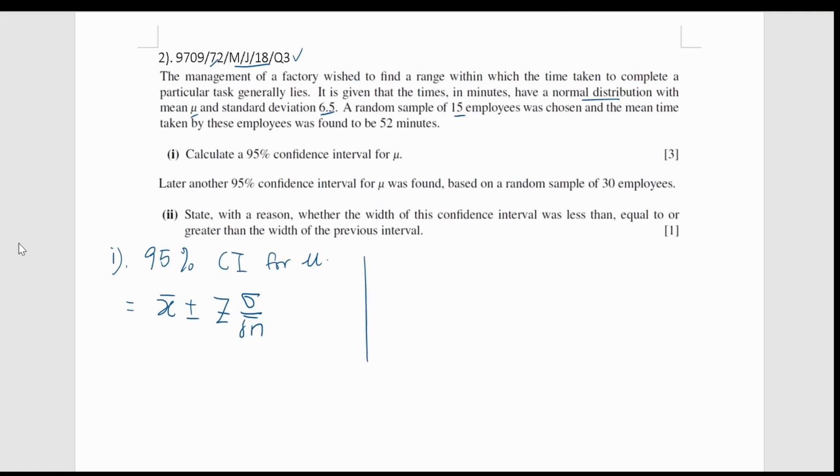Okay, let's see. From a sample of 15 employees, the mean found to be 52 minutes. So the sample mean we got, and then the sample of 15 employees as well as the population standard deviation given to be 6.5. So same thing, what we're trying to do is to find out the z-score. Okay, how do we obtain the z-score? It comes from the